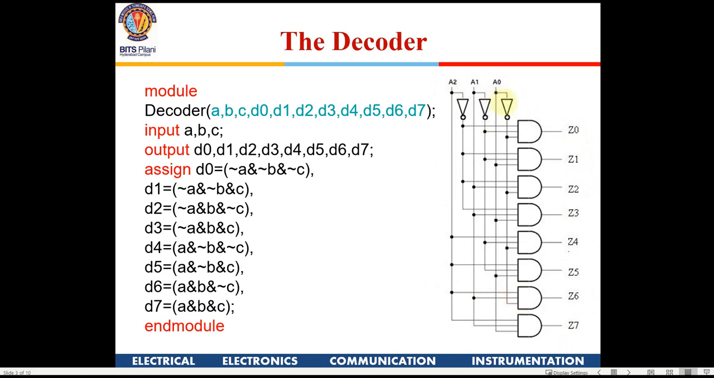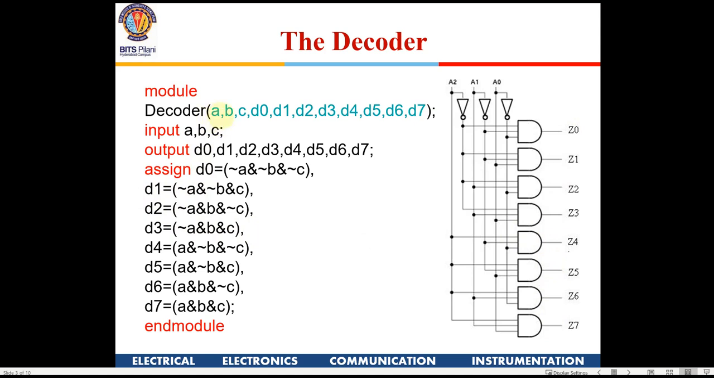If you have 0 0 0, all these outputs of the inverters are high, so Z0 will go high. Similarly, if you have 1 1 1, Z7 will go high. In between also, whatever the input combination, only one line would go high and the others will remain 0. So if you straight away map this into a decoder in Verilog code, what